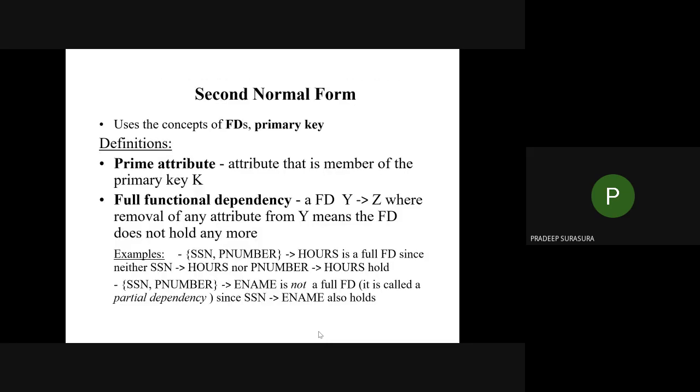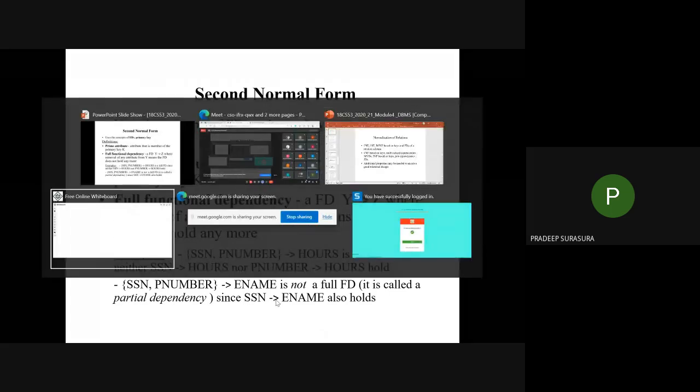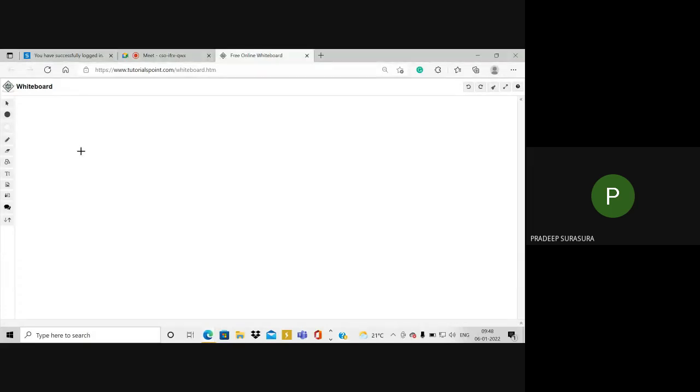Okay, so coming to second normal form. In second normal form, we observe one major thing: partial dependency and fully functional dependency. These two words we need to understand. The first is to say no partial dependency, or fully functional dependent. Let me come with one simple example. Yesterday I gave one example in the class, right? So let me go to that.